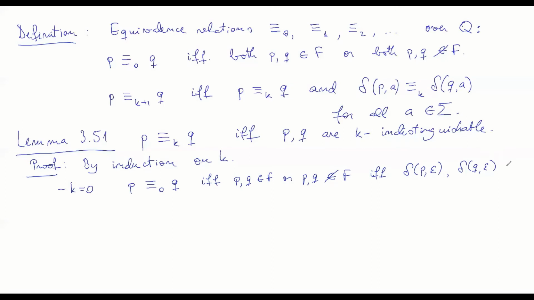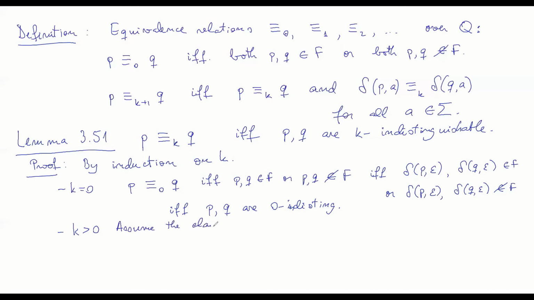So if these ones are in F at the same time, or they are not in F at the same time, and so that really means that P and Q are 0 distinguishable. 0 indistinguishable, I'm sorry. Right? So now if we take k larger than 0, and we assume